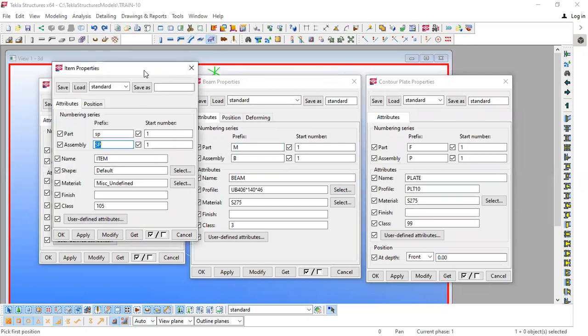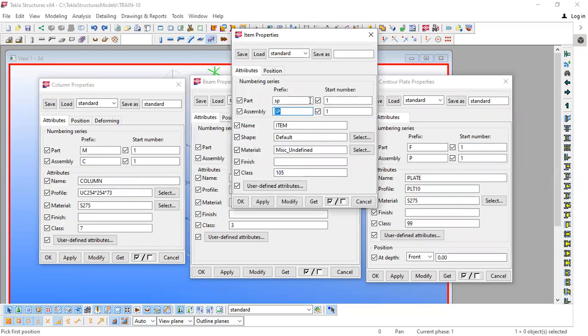Item is a different kind of element which was recently added in Tekla. What item does is that it gives more flexibility to Tekla. Because earlier Tekla was not that flexible in terms of different kinds of cross sections or different kinds of material. Say for example, some materials are available.